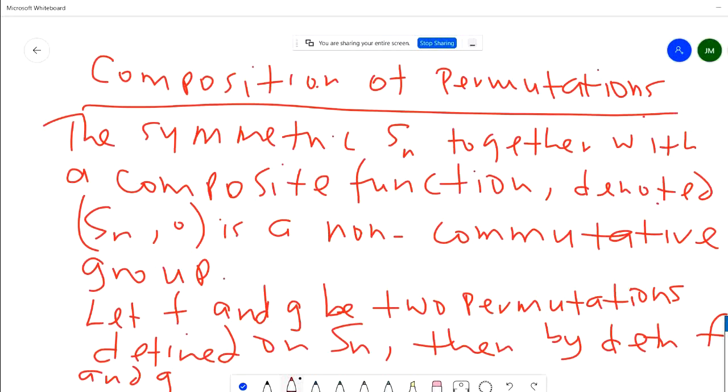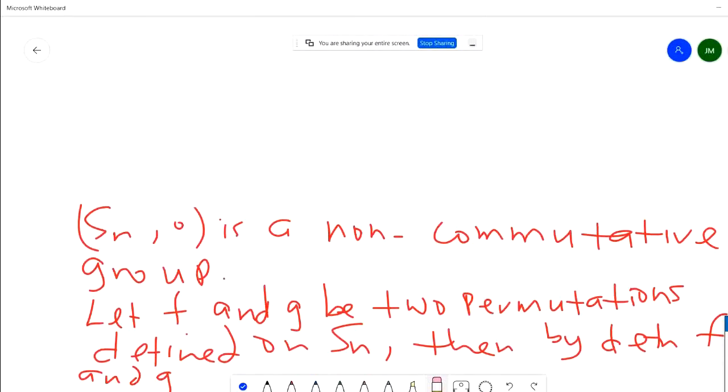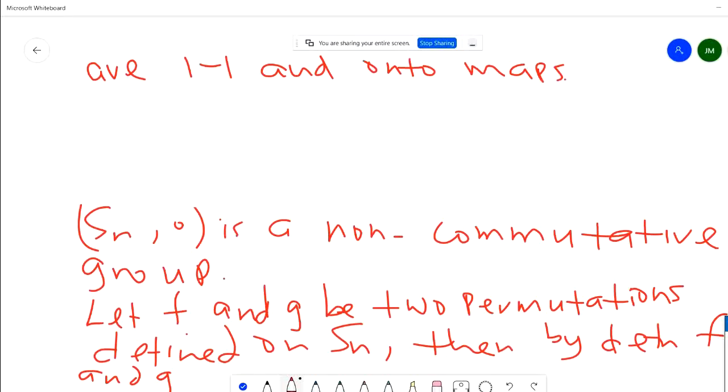So by definition of permutations, we can say that F and G are one-to-one and onto maps. And consequently,